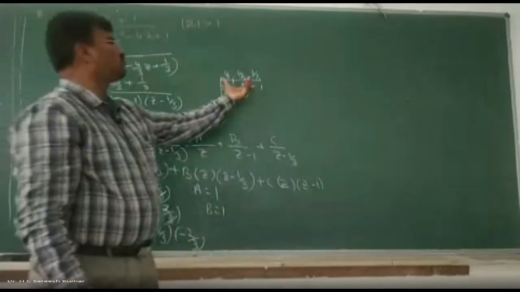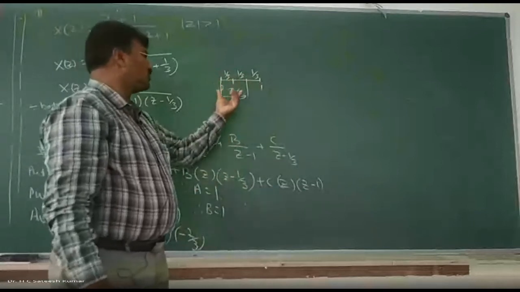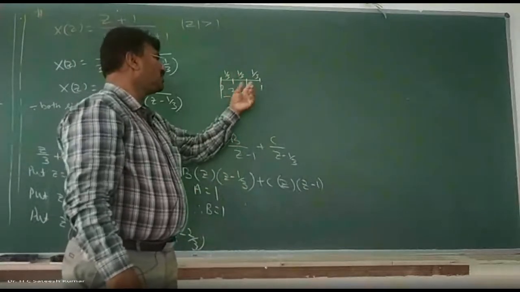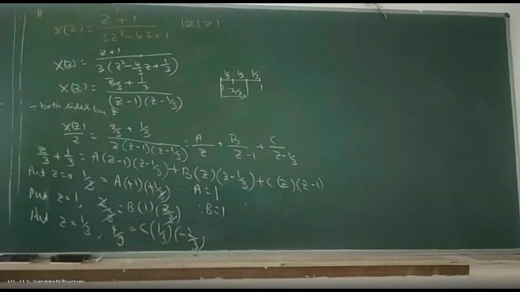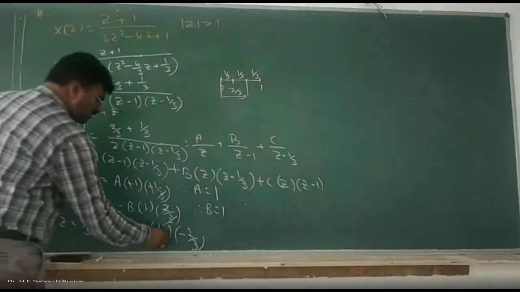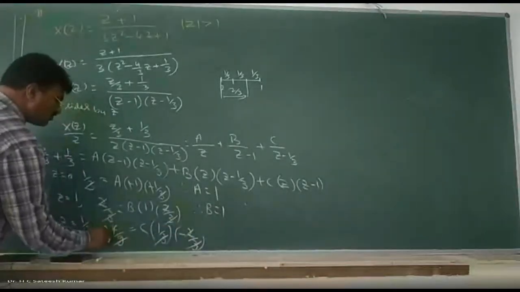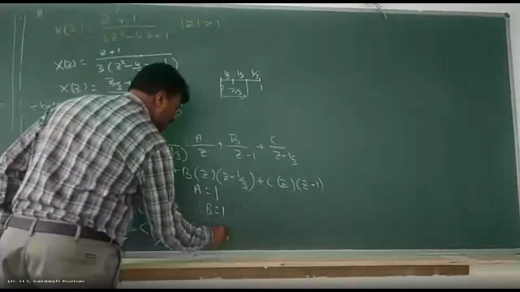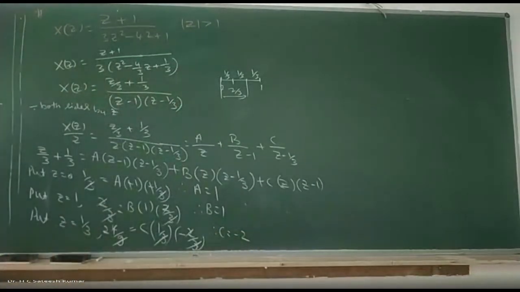So like that, what you should do? Out of this 1, if you subtract 1 by 3, what is left out? 2 by 3. Out of 1, if you subtract 2 by 3, you will get 1 by 3. So just you can orally try to do that one. Okay, right. So 3 into 3, 9. This 9 gets cancelled with this 9. And this is 2 times. Therefore, C is equal to minus 2. Okay, right. So that's how we should do it. So we got the C as minus 2.